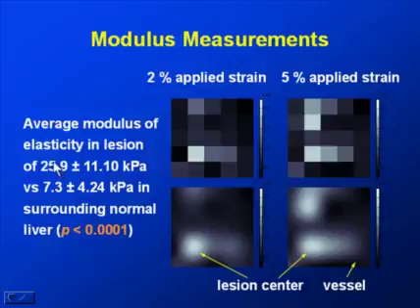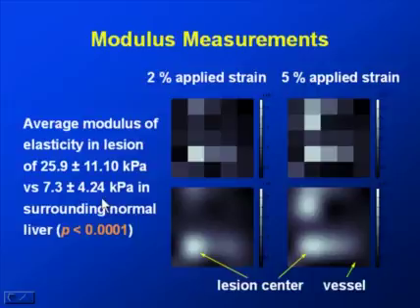What's important here is the fact that the lesions have, on average, a modulus of about 26 kilopascal versus about 7 in the surrounding normal liver. So not only is that statistically very significant, but there's almost an order of 4 difference between the normal tissues